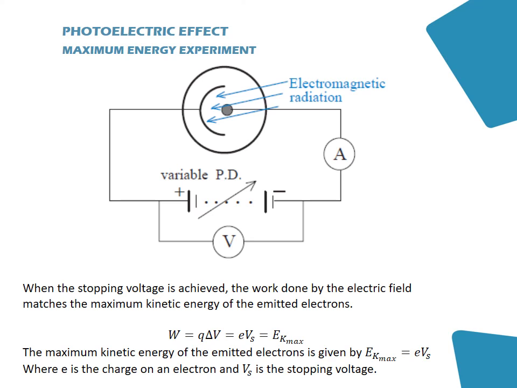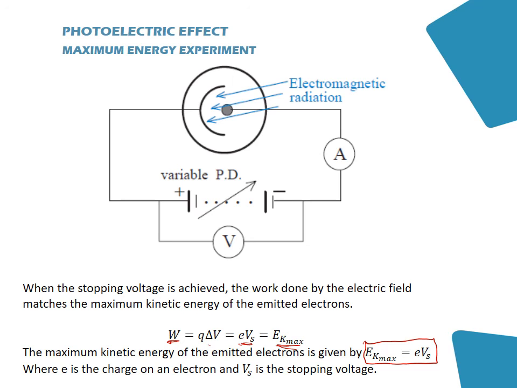So what we can say is that the stopping voltage must equal the amount of work being done there. And here we have an equation that W, or the work done by the electric field, must equal the maximum kinetic energy. So here we have work, which must equal the stopping voltage, which must equal the maximum kinetic energy of the electrons. So we can equate the parts that are relevant to us, which means that the maximum kinetic energy of those electrons can be found by multiplying the charge on a single electron by the stopping voltage